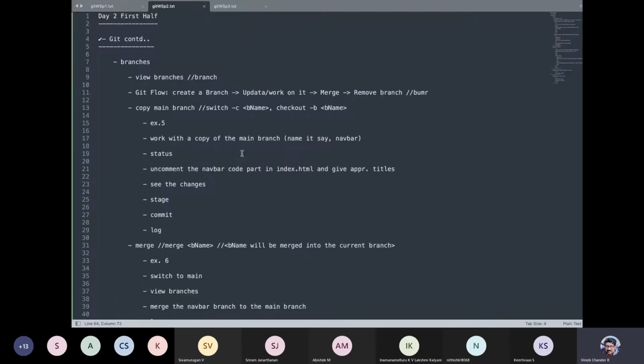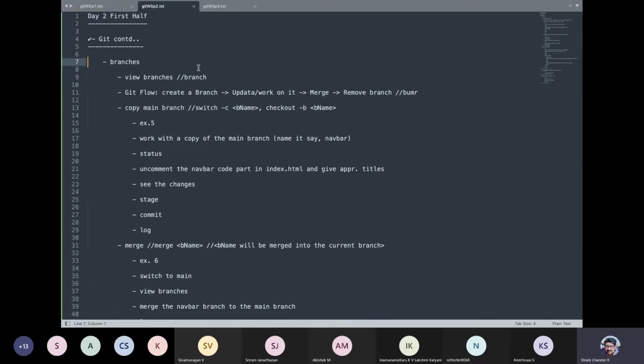Okay, now guys, let us talk about branches. If you are following right now, probably this is the right time. You can set up your particular environment and then follow these things.